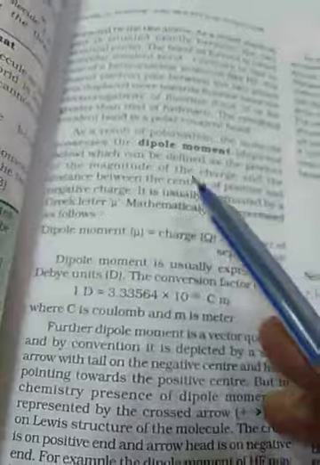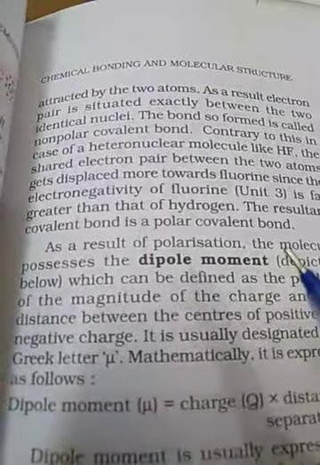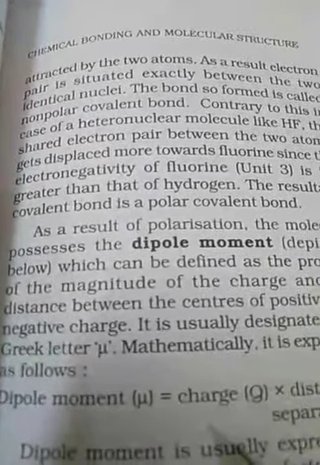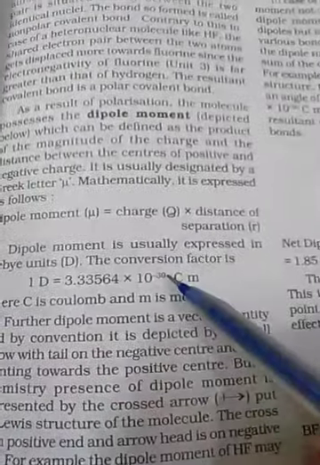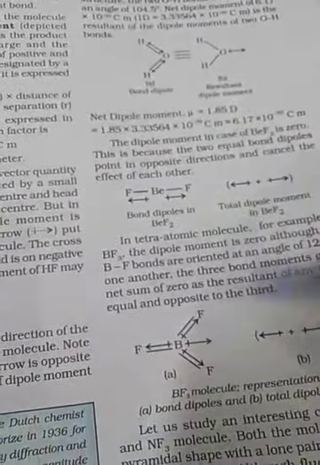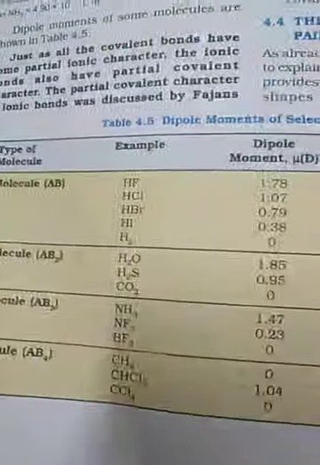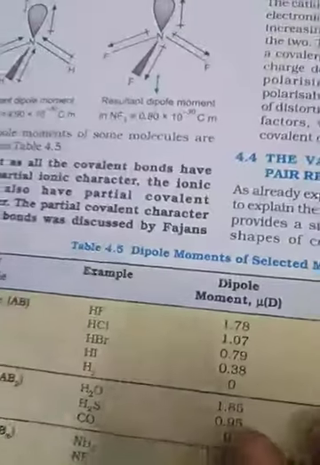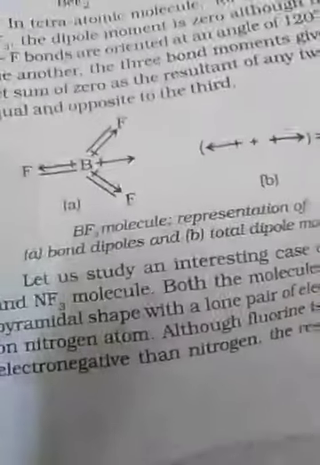Only in polarity of bonds you have to see that the covalent bond is formed between two similar atoms and between two dissimilar atoms, which is the meaning of heteronuclear. So you have to learn this formula and practice it for H2O, BeF2, BF3, NH3 and NF3 in your course, and you have to see the table. And how does the dipole moment become zero? Okay, students.